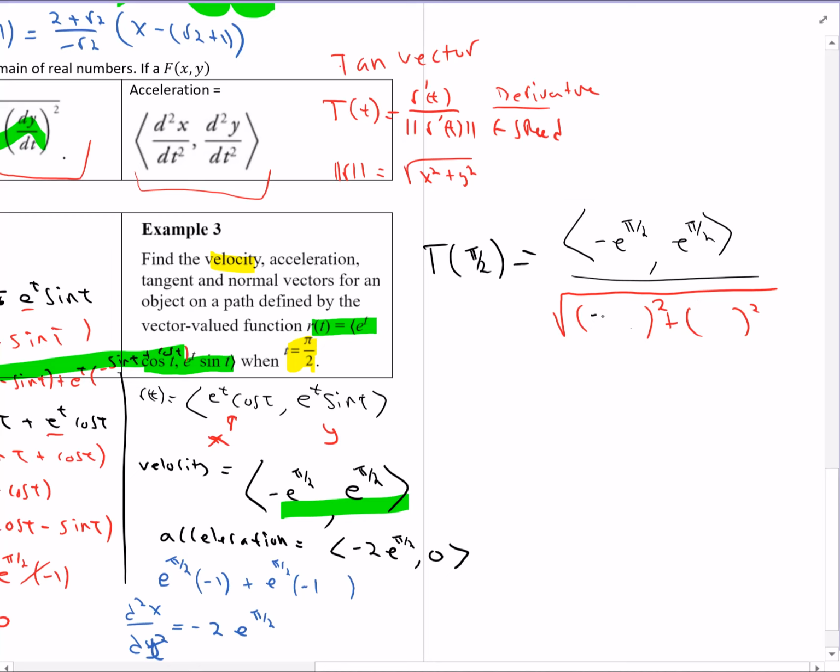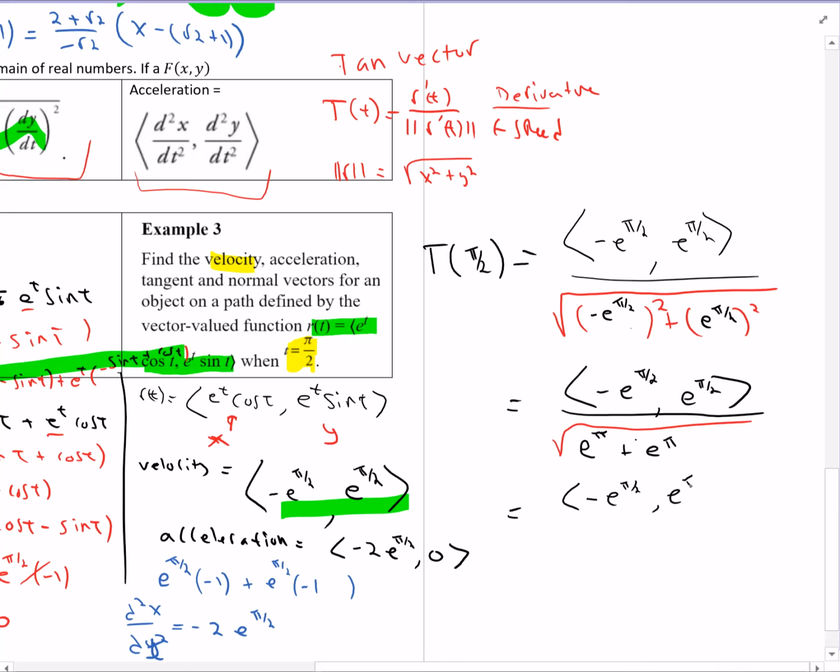So negative e to the pi over 2, e to the pi over 2, and then it just requires some simplification. The top we're not going to mess with right now, and the bottom we're going to simplify a little bit. Negative e to the pi over 2 squared becomes positive, anything squared is positive. You multiply that 2 in to get e to the pi. And then plus this one squared is also going to give us e to the pi. So together this is going to give us the square root of 2 e to the pi,